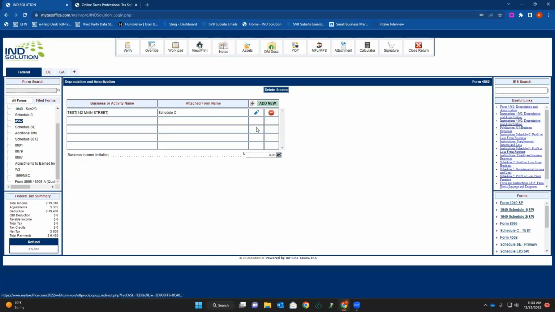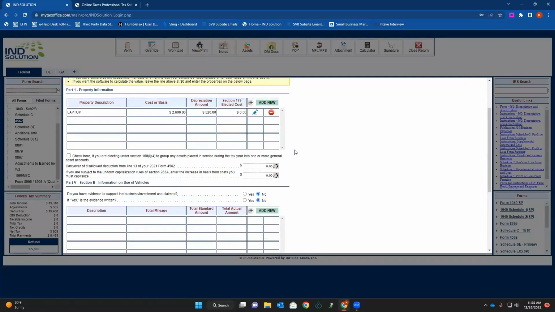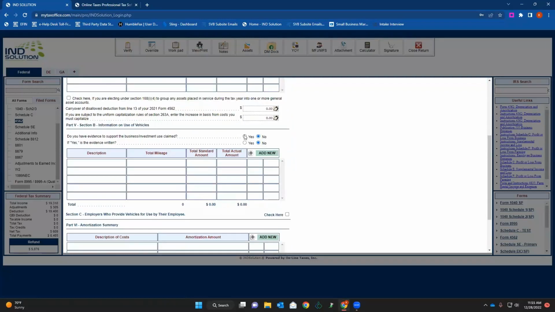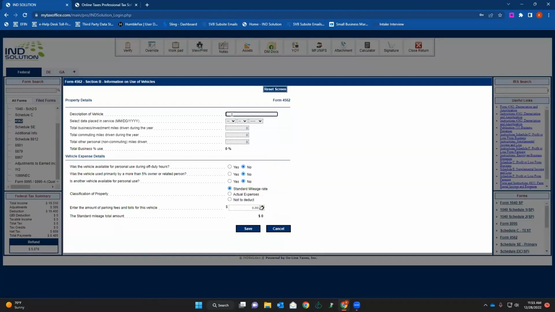Okay, so we'll come back into the 4562 we already have. If you're doing vehicle depreciation, then you're going to come and answer these questions, which is, do you have evidence to support the business investment use claim? Is the evidence written? Then you'll click add new, description of the vehicle, the date it was placed in service. Again, the date it was placed in service is the day it was first used for business, not 1/1 of the